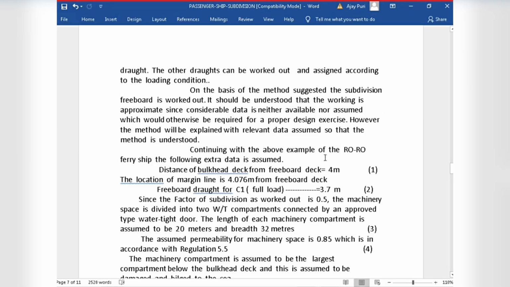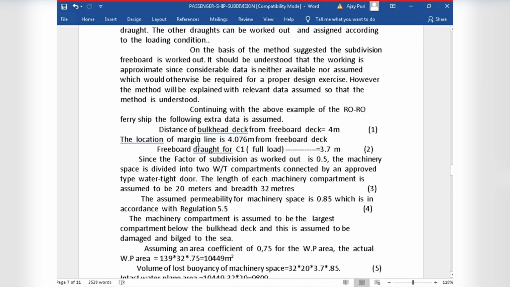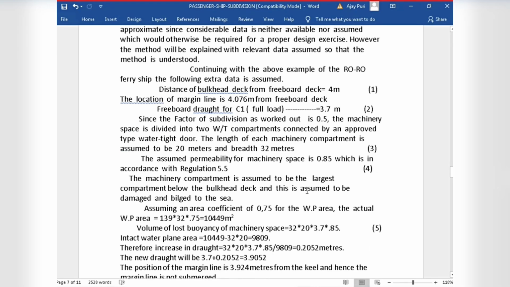Now suppose a Ro-Ro ferry ship is there, and the distance of the bulkhead deck from the freeboard deck is 4 meters. The location of the margin line is 4.076 meters from the freeboard deck. The freeboard draft at C1, the full load, is 3.7. Since the factor of subdivision worked out to be 0.5, the machinery space is divided into two watertight compartments connected by an approved type of watertight door. The length of each machinery compartment is assumed to be 20 meters and the breadth is 32 meters. Now we're taking the assumed permeability of the machinery space as 0.85,